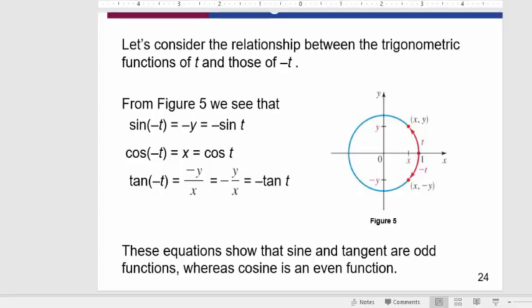The last few things in this section are the even odd properties of the trig functions and the basic Pythagorean identity. Now, the even odd properties can be useful when evaluating trig functions. If you just look at this picture here, what you can see is if you look at the angle t and negative t,